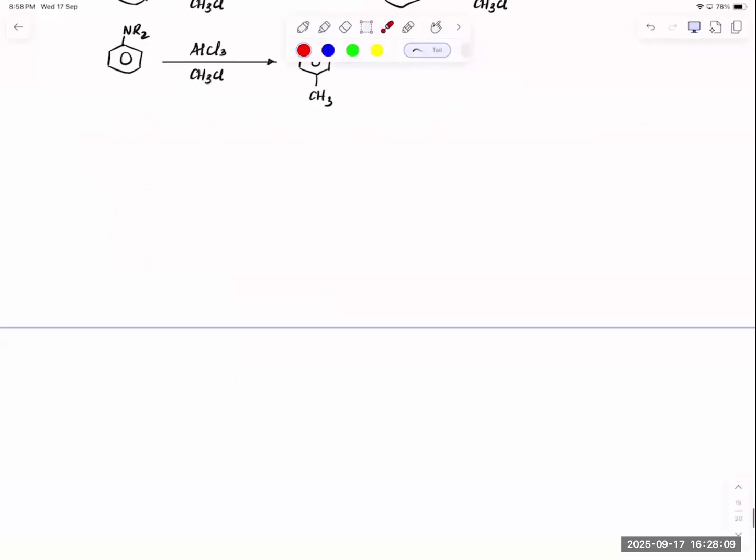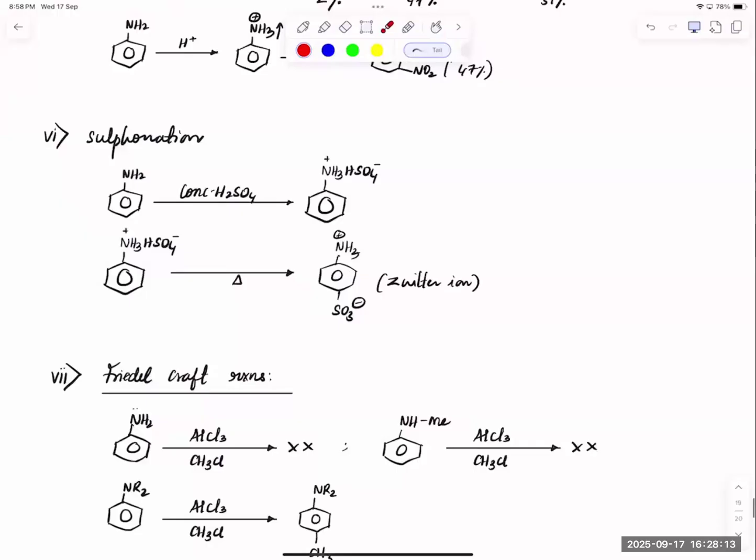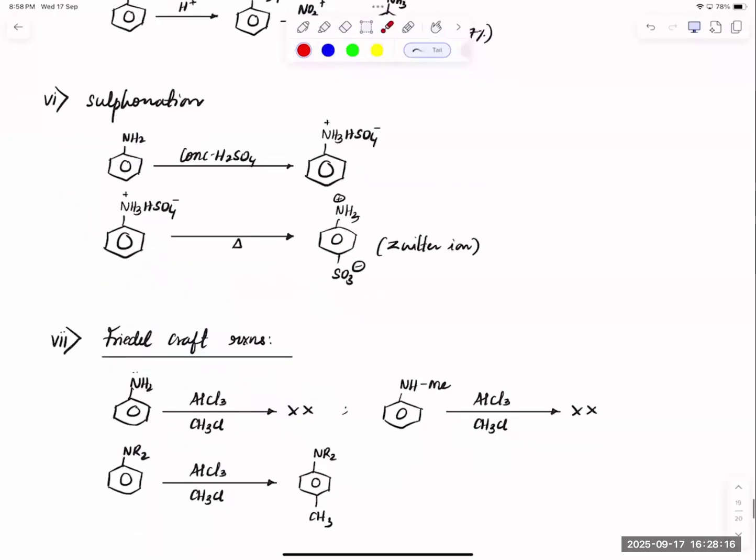Clear, beta? Done? Any issue here? No. Right? Okay. Now, as much as amines are concerned, these are the reactions which you have from the syllabus. Got it? So